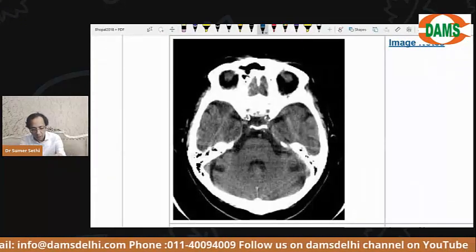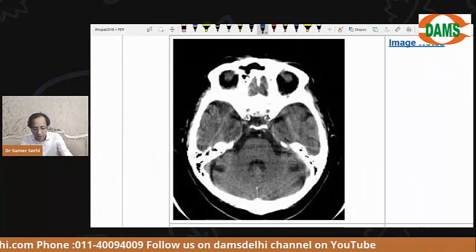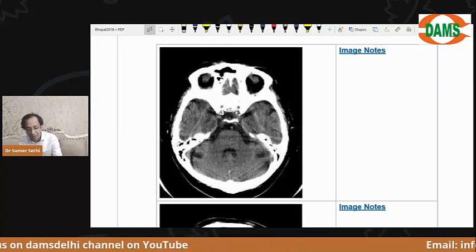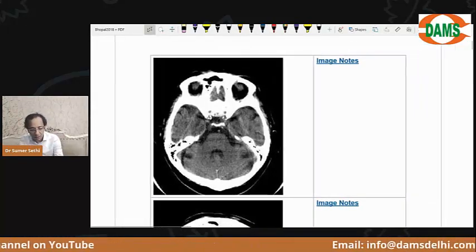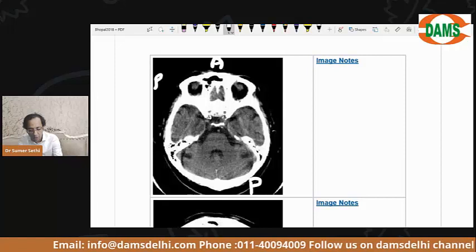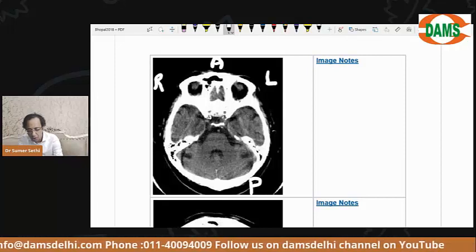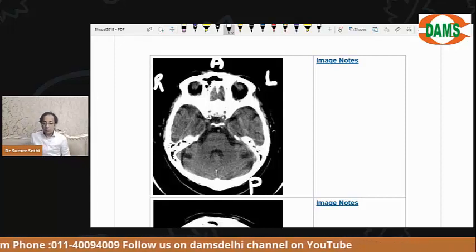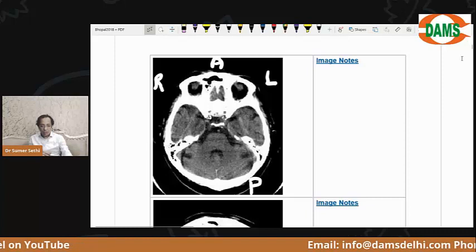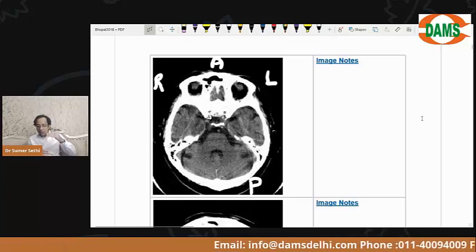I'm sure many of you can see that this image is a structure in your body called the brain. This is the anterior aspect, this is the posterior aspect, this is the right side, and this is the left side. Whenever we do a CT scan of our body,